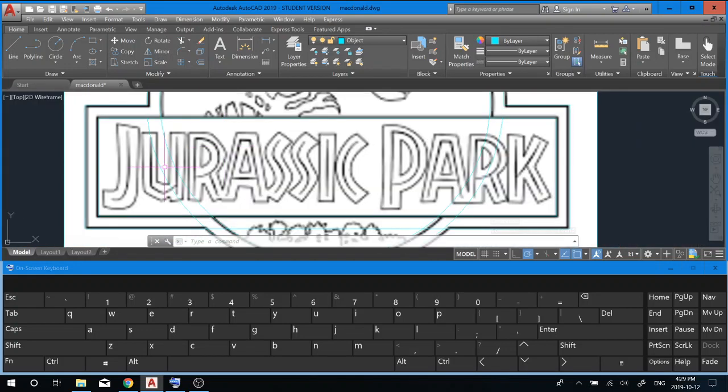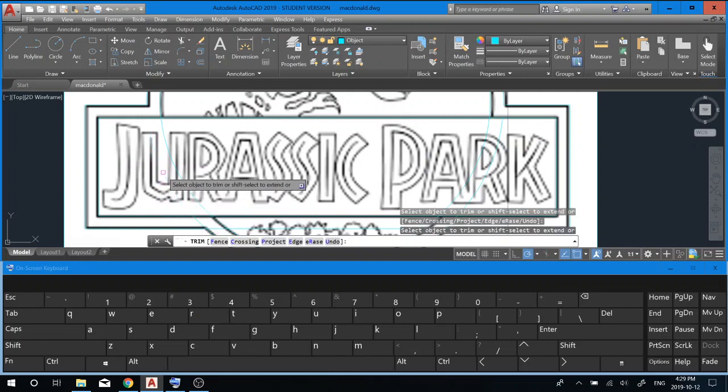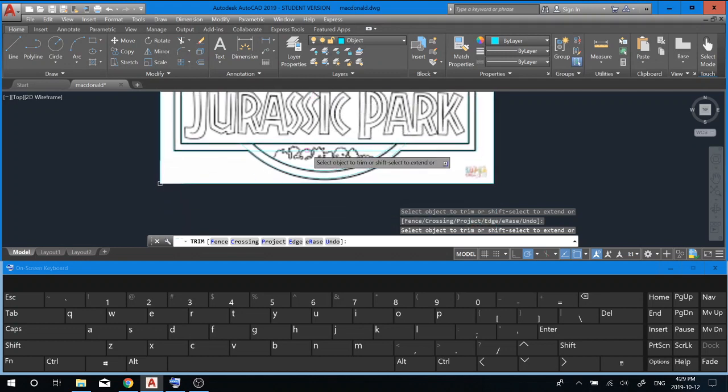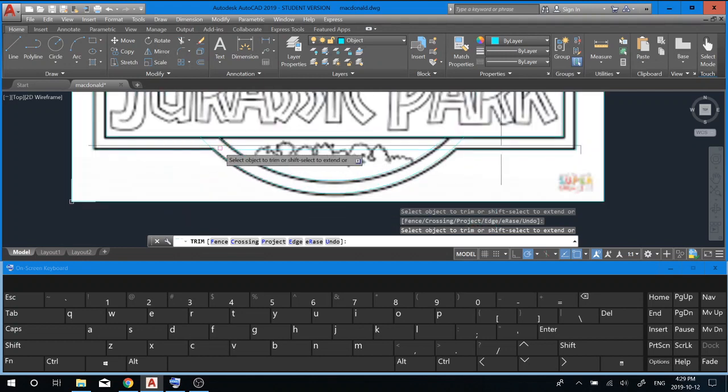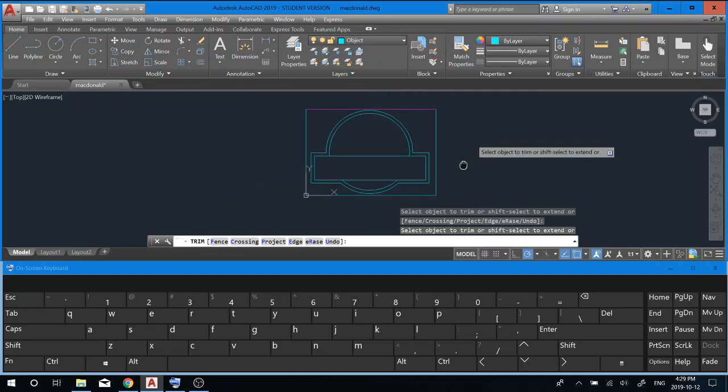The circle shouldn't be here, so I'll TR, spacebar, spacebar. Trim that, trim that, trim this, trim this. Okay. Now we're getting somewhere. Trim this, trim this, trim this, trim this, trim this. And that's starting to look pretty darn good. If you trim something